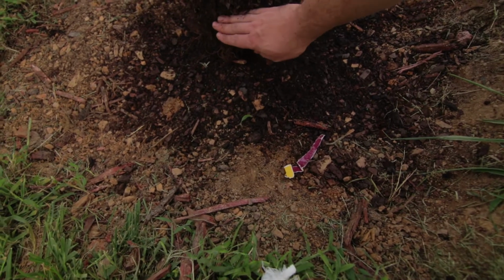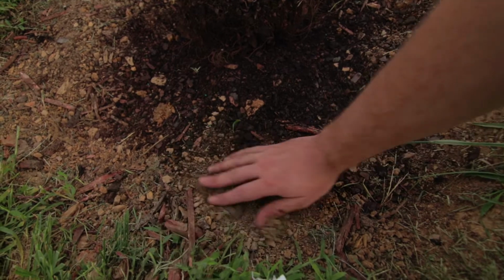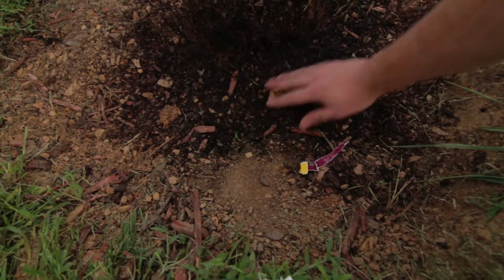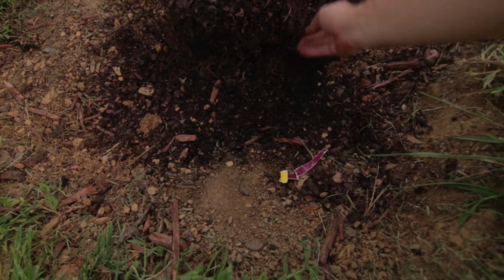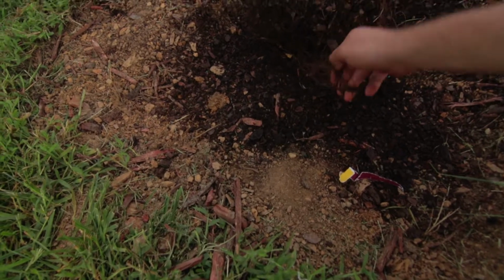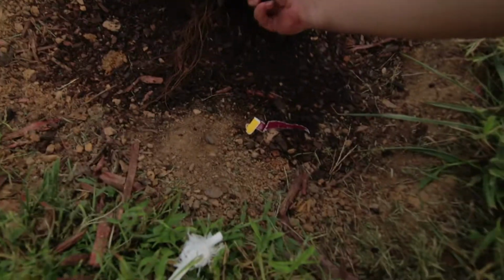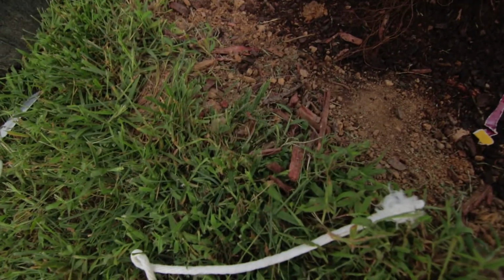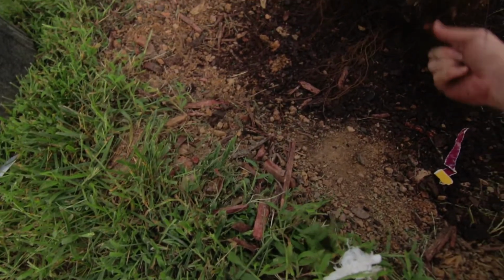I want it to come to about here, down to about there. I'm going to have to maybe level this out a little bit, but it also helps funnel a little bit more water to the roots, I'm hoping. But I also have to get these roots out like this, so that when I put soil back on top of this, it actually gets to the roots, and the roots can actually grow out